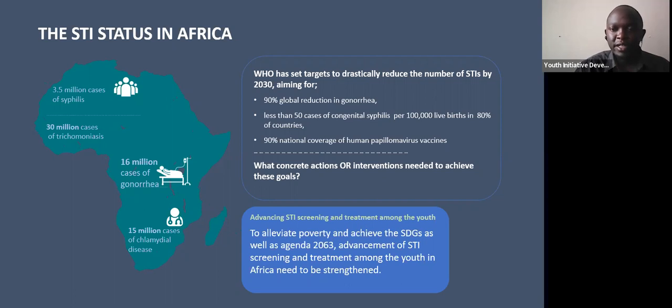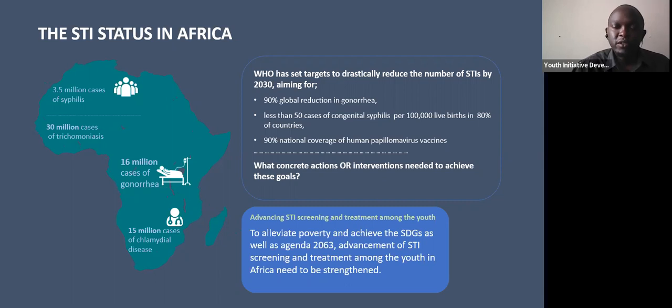Because at the end of the day, they need to share this information. And at the end of the day, we will have to build a sustainable, healthy community for youth. How can we achieve this? We can achieve this when we try as much as possible to realign some of the work that we do in the community with the World Health Organization or any other stakeholder which is doing the same.